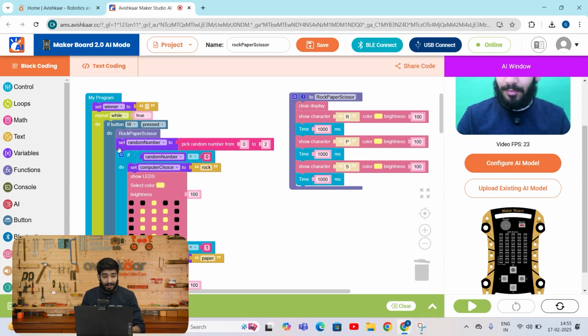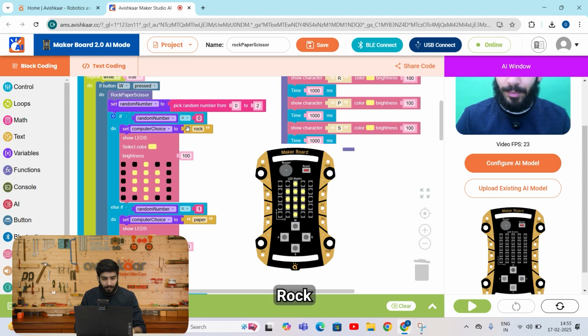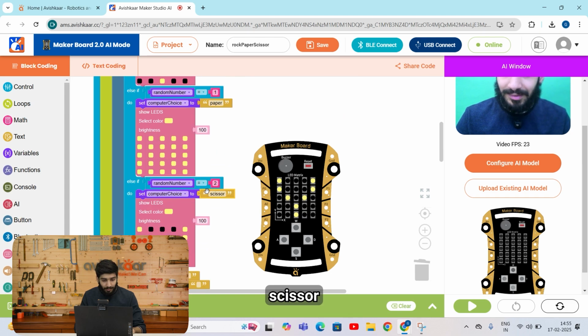After that, it's going to pick a random number, which will help the computer to pick a choice randomly. This part is very important. And once the computer has picked its choice, we can see that if the computer picks rock, this is the pattern that's going to appear on the LED matrix. If the computer has picked paper, this is the pattern. And if the computer has picked the scissor, this is the pattern that will be displayed on the LED